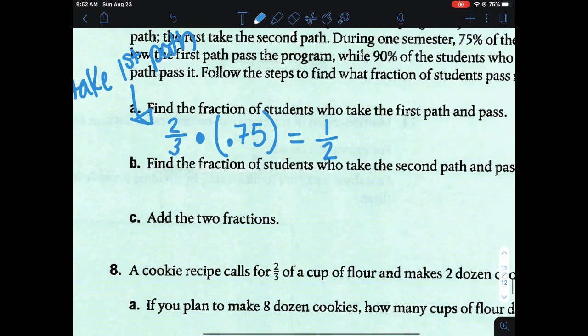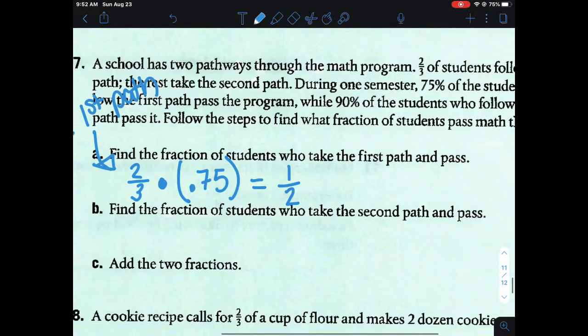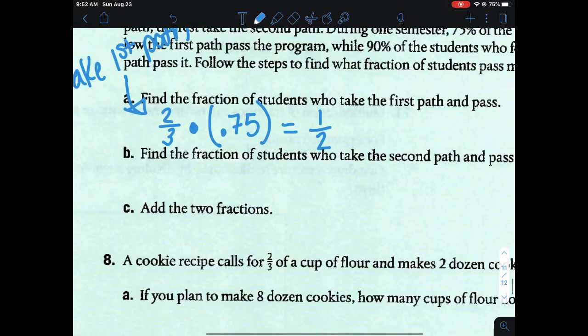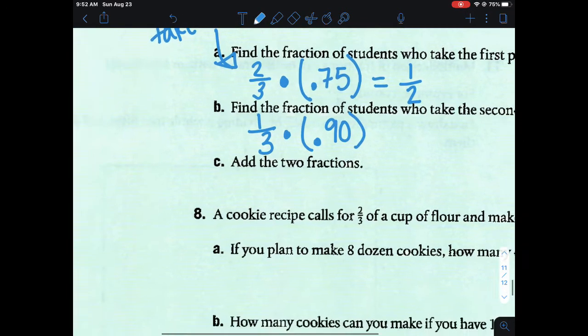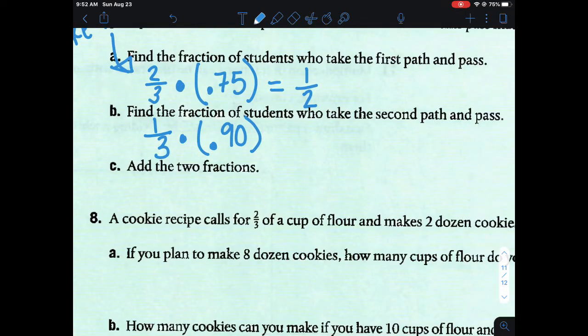So we have the second path, which was 1/3 of the students, and 90% of them pass. So 0.90 is 90% written as a decimal, and that would be 3/10 if we multiplied it out in our